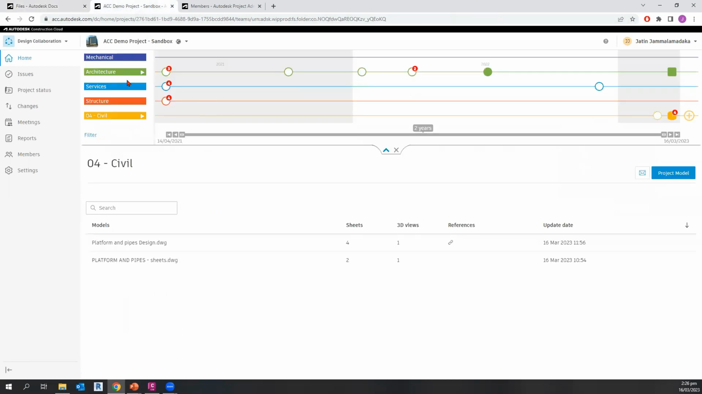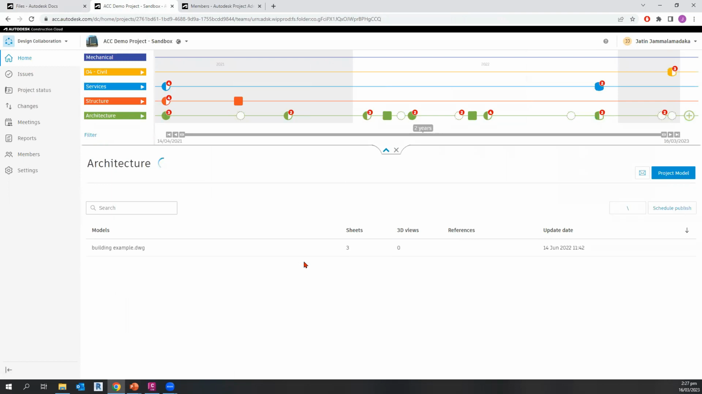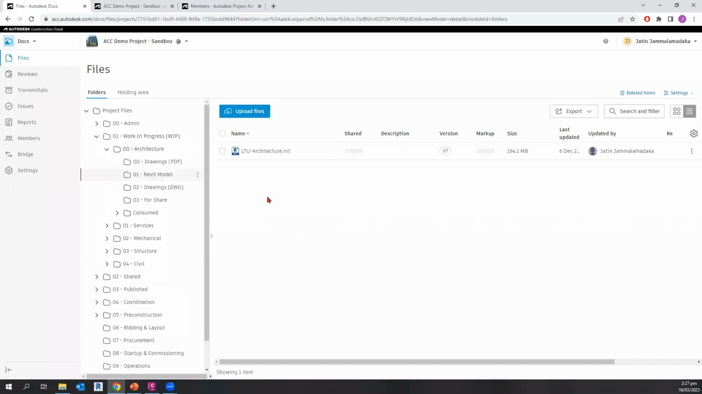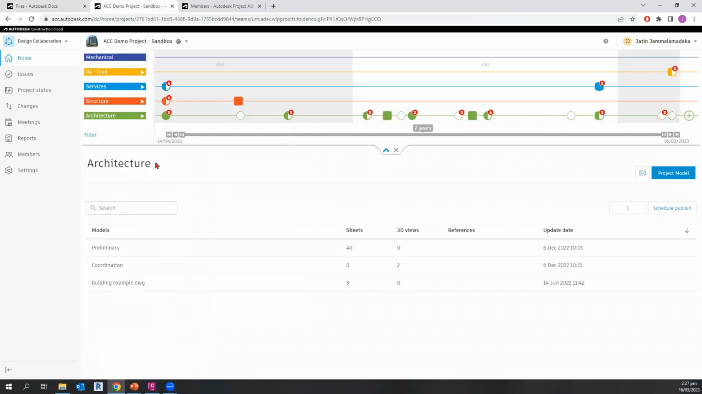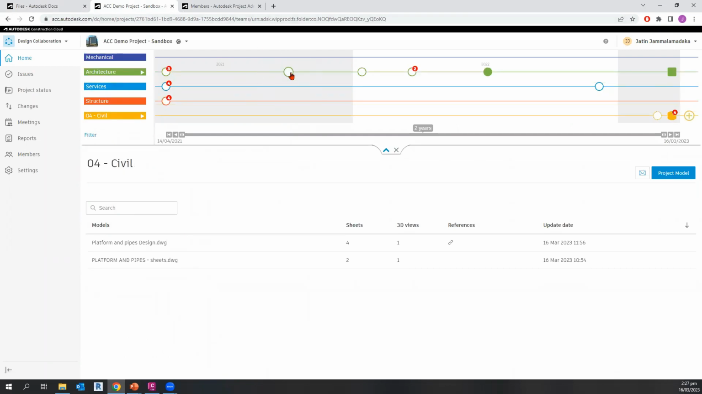If I was to take a look at architecture, for example, it's going in to take a look at the models that are in architecture. So there's some Revit models in the architecture tab, and that's what the system's picking up. Okay, so what you can do is that if I'm civil, I can start taking a look at some of